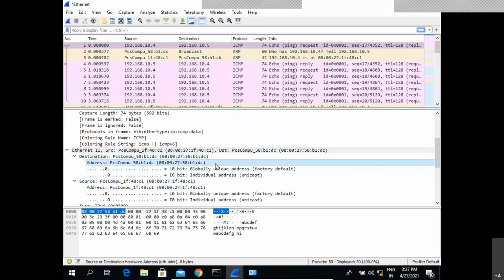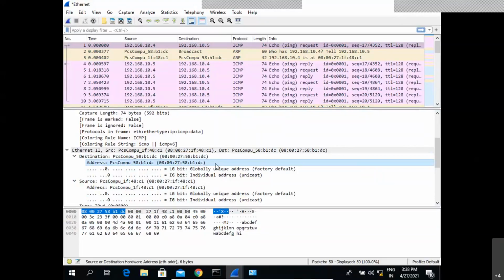But here we can observe that the tool is even trying to translate, because as we know, in the 48-bit MAC address, the first 24 bits belong to the vendor or the company which developed that particular device, and the next 24 bits belong to the actual device. This MAC address is hard coded onto the device, and no other device in the world will have the same MAC address. That is the main reason the MAC address is hard coded onto the system. That means no one can actually change the MAC address of this particular device.